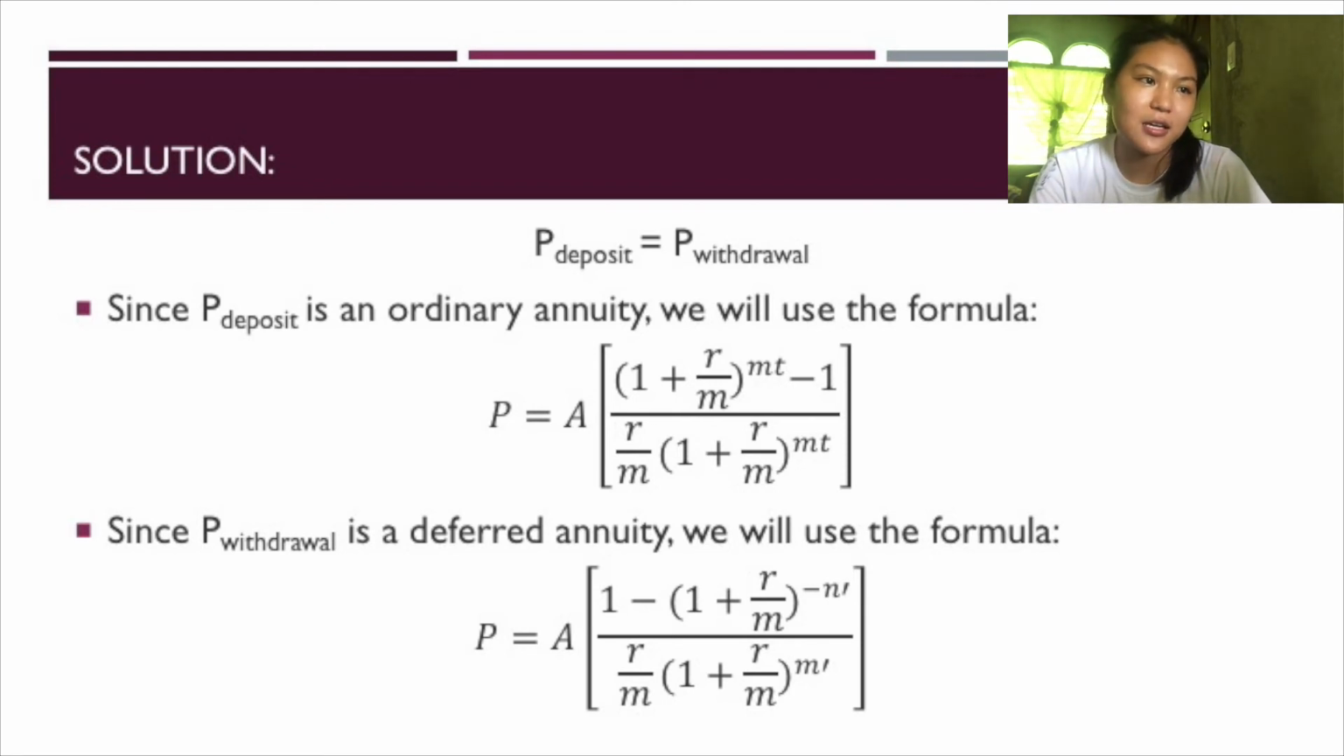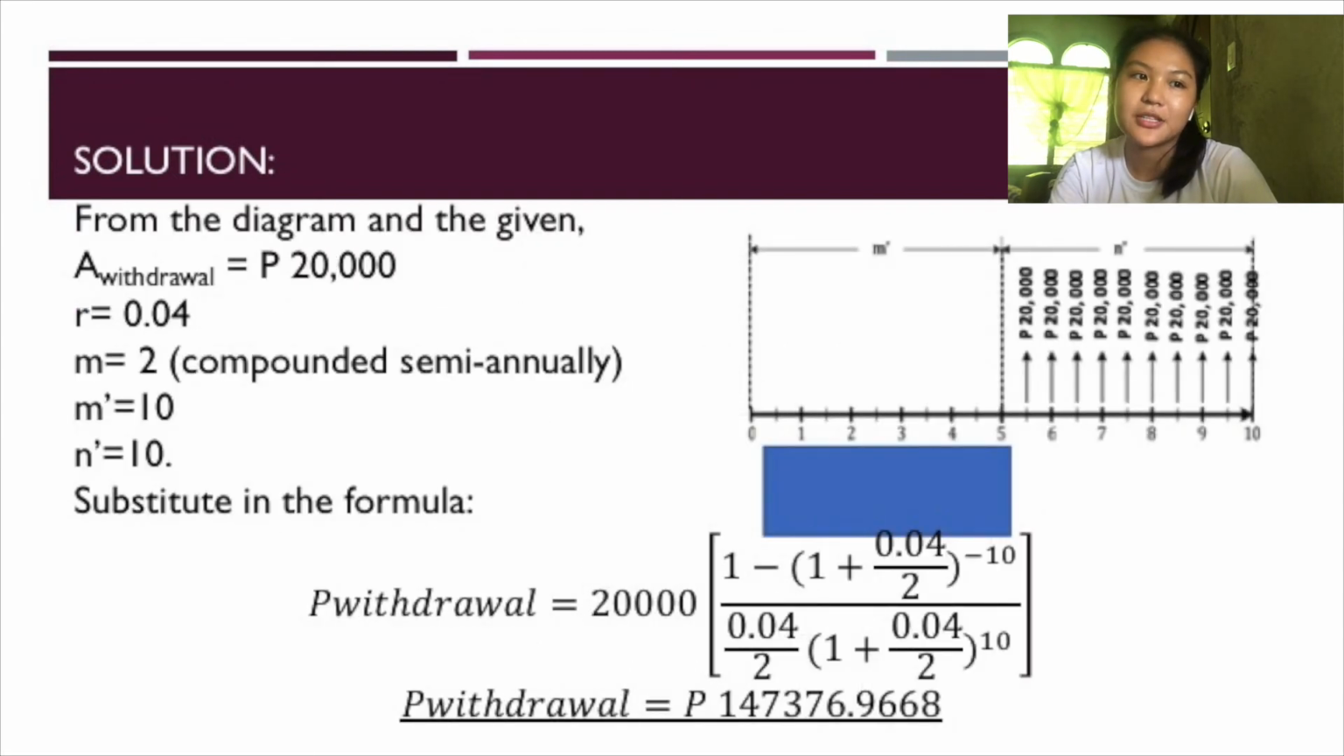And for solving the P withdrawal, we will focus on the withdrawals and set aside the deposits. From the diagram, the A withdrawal is equal to 28,000 pesos, the R is equal to 0.04, the M is equal to 2, which is compounded semi-annually, the M prime is equal to 10, and the N prime is equal to 10. By substituting the values to the formula, P withdrawal is equal to 20,000 times [1 minus (1 plus 0.04 over 2) to the power of negative 10] over [0.04 over 2 times (1 plus 0.04 over 2) to the power of 10]. The P withdrawal is equal to